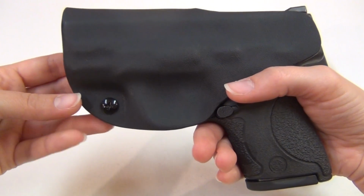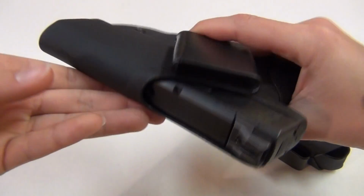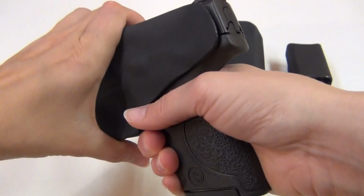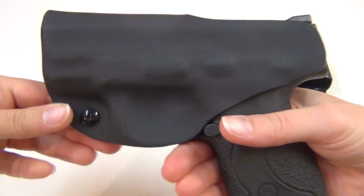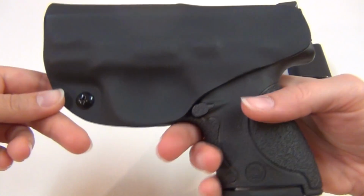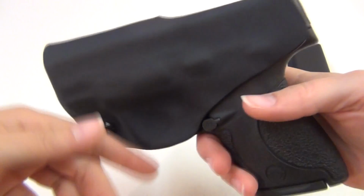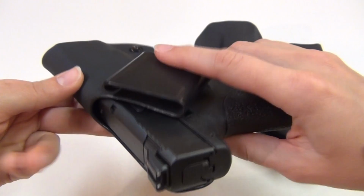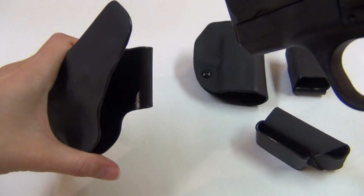I've become a huge fan of Kydex for my holsters for many reasons. First, just because drawing and reholstering from Kydex is extremely easy and consistent. I also love that Kydex doesn't retain moisture like leather does. I also want to note that Paul did a terrific job at forming all of these holsters to fit the Shield perfectly. The draw on all of them is very clean and smooth, and there is a very crisp snap